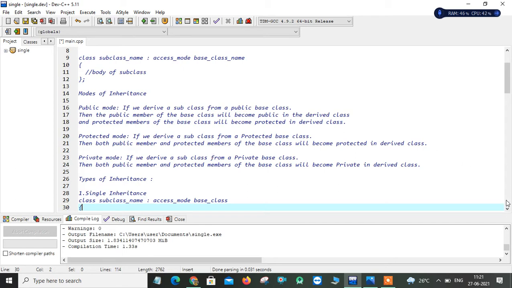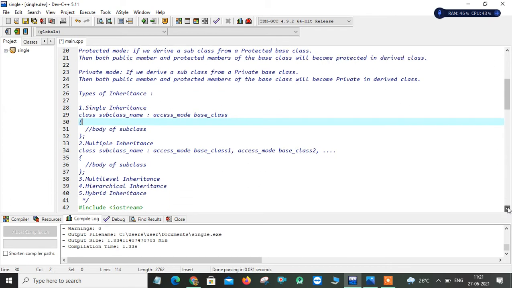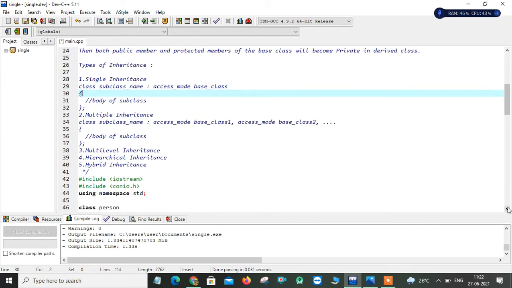So here we have different types of inheritances. In an object-oriented environment we have five types of inheritances. One is single inheritance, the second one is multiple inheritance, the third one is multi-level inheritance, the fourth one is hierarchical, and the fifth one is hybrid inheritance. How we are going to inherit from one class to another class is differentiated by these five types of inheritances.